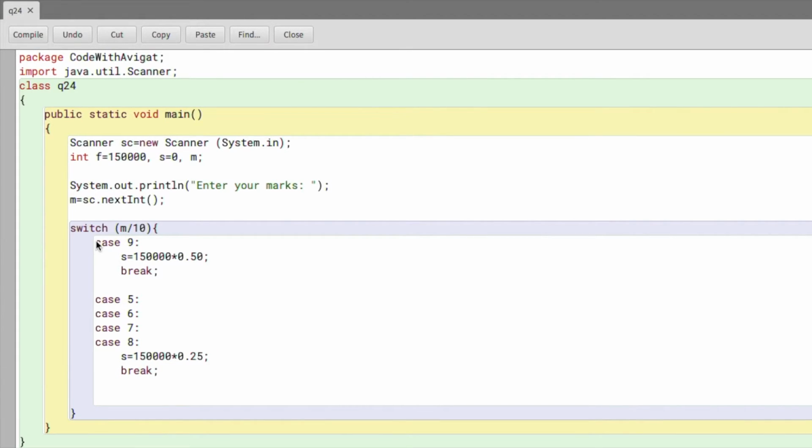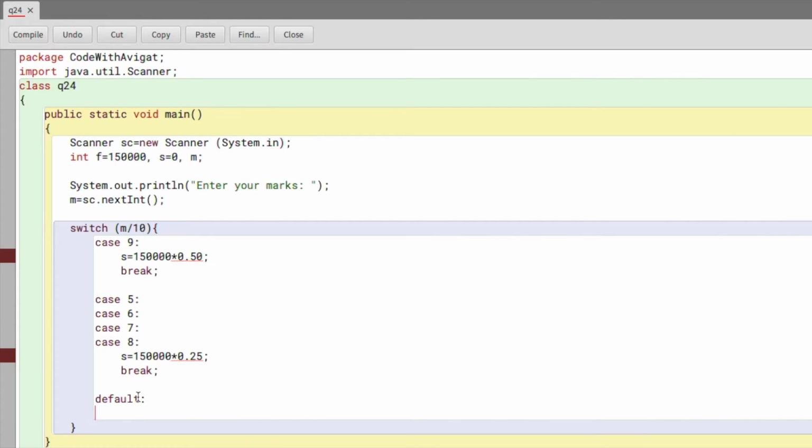And if none of these cases match the value of m, which means that if the value of m is not between 50 and 99, then it automatically means that the student has scored below 50, which means that there would be no scholarship. So I'll just write default, which is the same as else, default colon, and over here I'll just say s is equal to 0 because the scholarship in this case would be nothing,